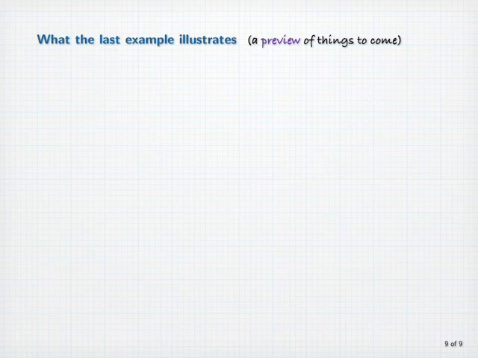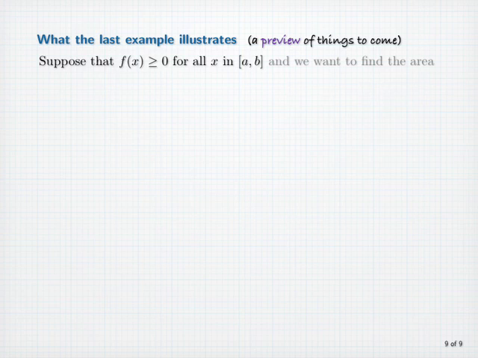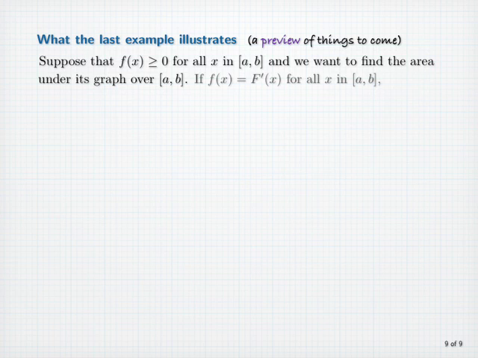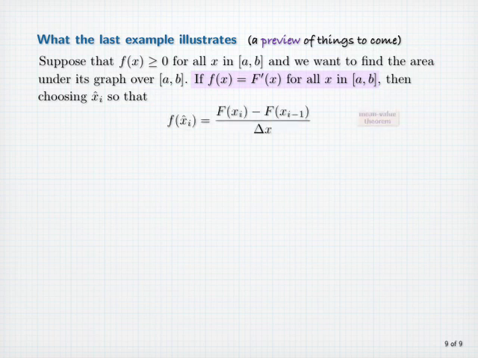Now let's think about what that last example illustrates, and this is a preview of things that are to come. Suppose that f of x is greater than or equal to 0 for all x in the interval a, b, and we want to find the area under its graph over that interval. If f of x is equal to the derivative of some function capital F of x for all x in that interval, then by choosing x hat sub i so that f of x hat sub i is equal to capital F of x_i minus capital F of x_{i-1}, divided by delta x, which we can do by